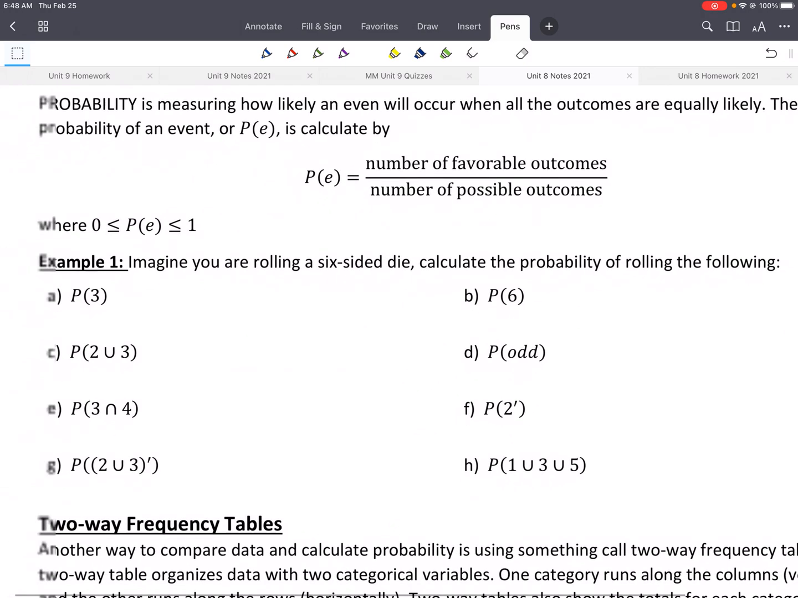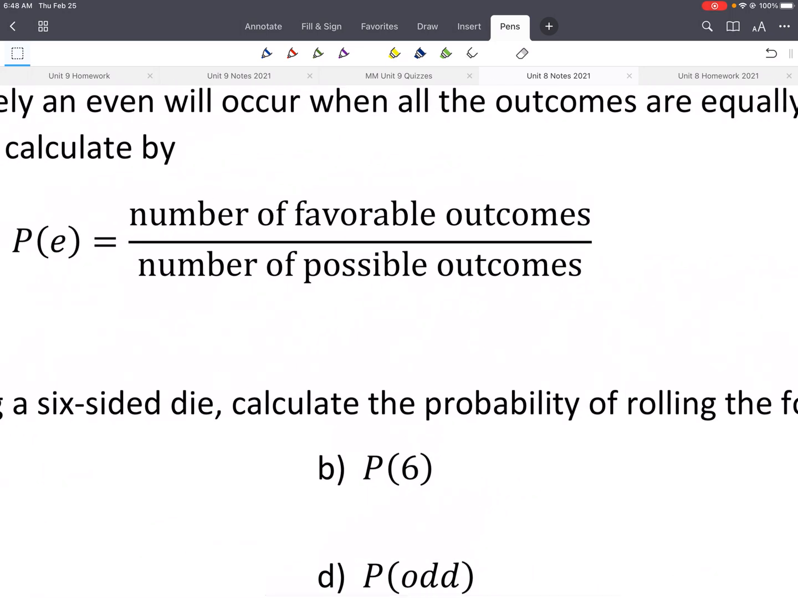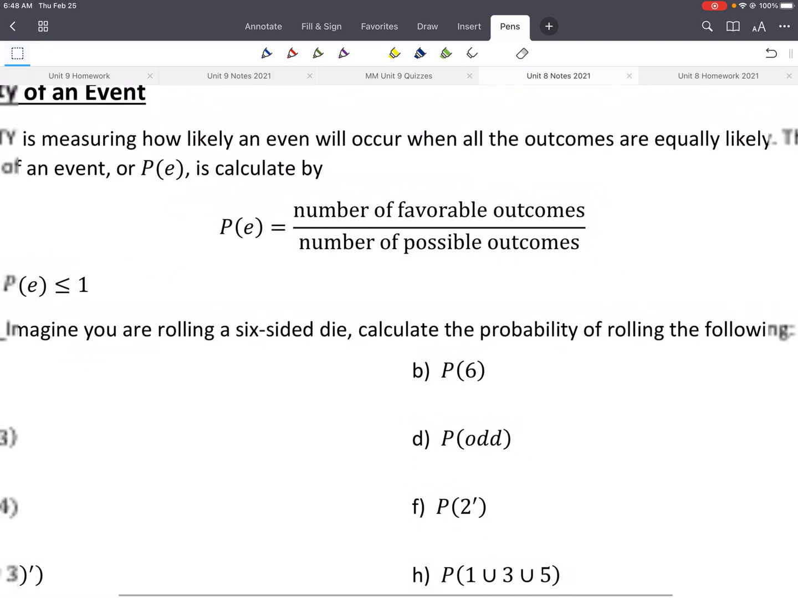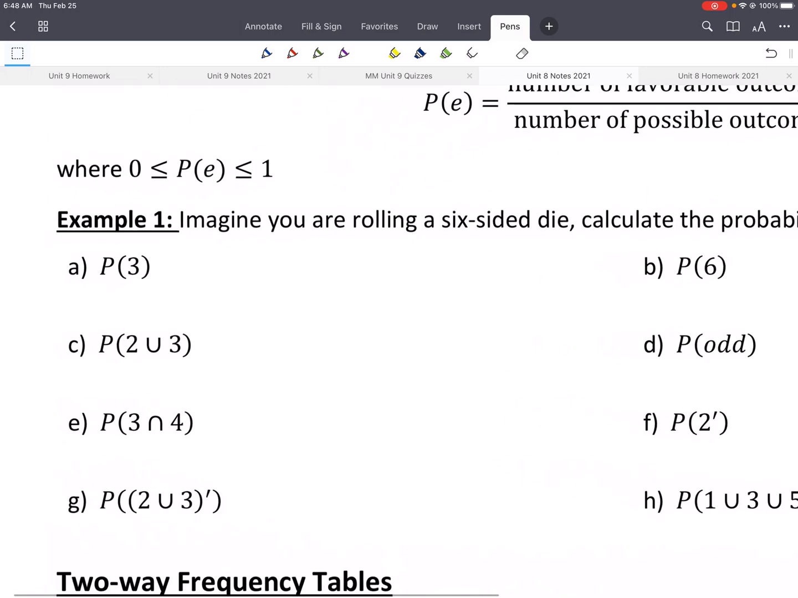So let's look at an example by rolling a 6-sided die. Let's look at this first off: what is the number of possible outcomes? If we roll a die, how many outcomes are there? Well, there's 6. You could roll a 1, a 2, a 3, a 4, a 5, or a 6. So for all of these examples, the denominator is going to be 6. Okay? All right, so what's the probability of rolling a 3? Well, how many favorable outcomes are there? Well, there's only one 3 on the die, so we would say there's 1 favorable outcome out of 6 possible